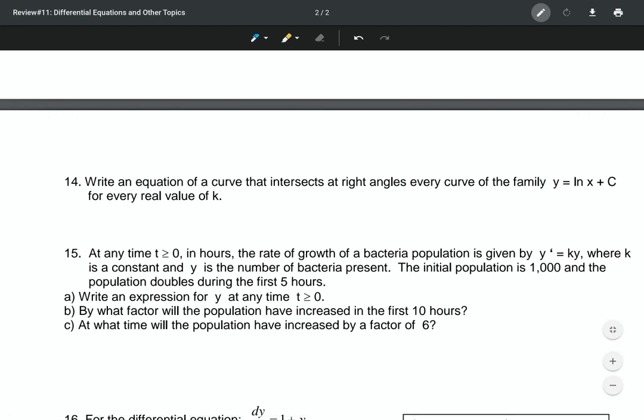Okay, so it says write an equation of a curve that intersects at right angles every curve of the family y is equal to the natural log of x plus c. All right, so let me look. Okay, so what you're going to do with that one is that at